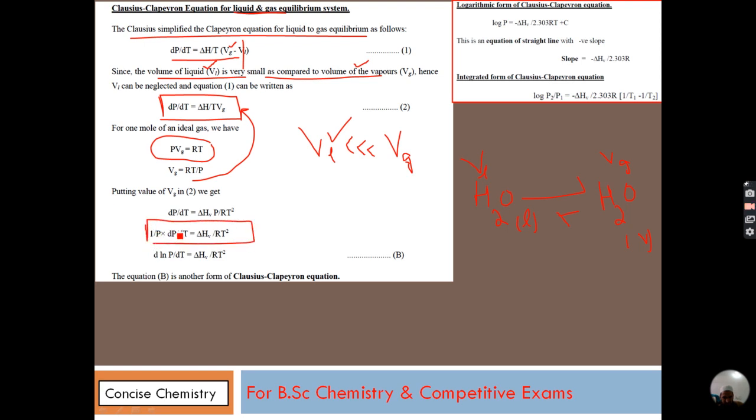Now it is 1 by p dp by dt. Here there is an important thing: 1 by p into dp, remember this. This is a mathematical relation. This is called d ln of p, or d natural log of p. So that's what I wrote: d natural log of p divided by dt is equal to delta